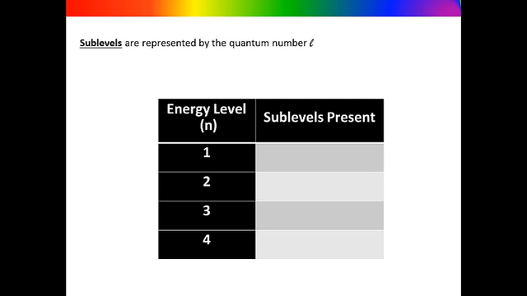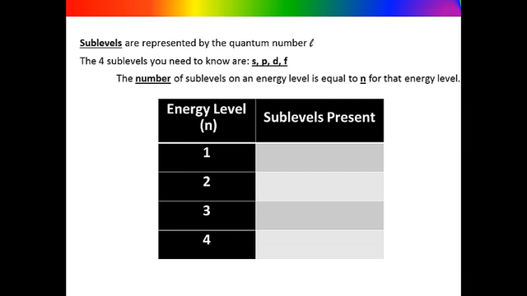The sublevels, represented by the quantum letter L, are designated by specific letters. The sublevels you need to know are S, P, D, and F. Electrons need different amounts of energy to be on the different types of sublevels. S sublevels require the least amount of energy, while the P sublevel requires more, then the D, and then the F. The number of sublevels on an energy level is equal to the energy level number, or N, for that